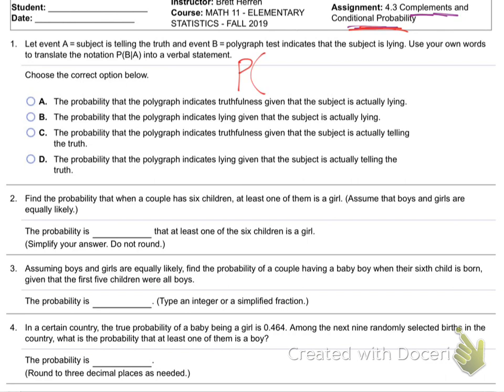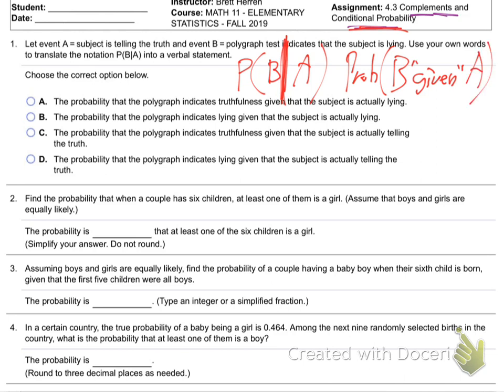They're going to write, so this first question is just the lingo. They're going to go P(B|A). What in the world's that? Well, that straight line right there, that big straight line, is the symbol representing the word given. It means the probability of B given A. That's just the symbolism they use.